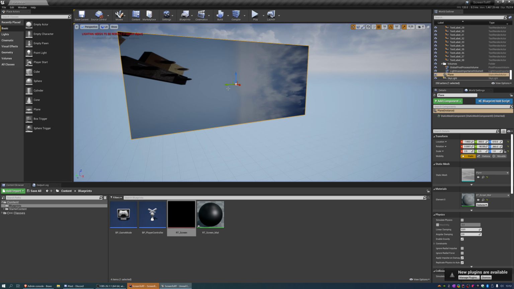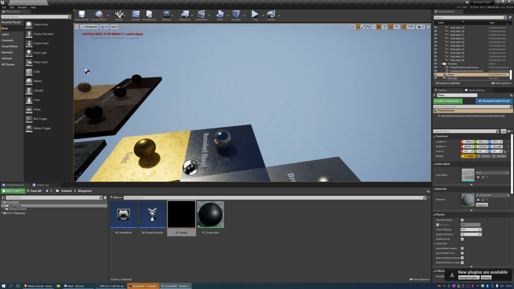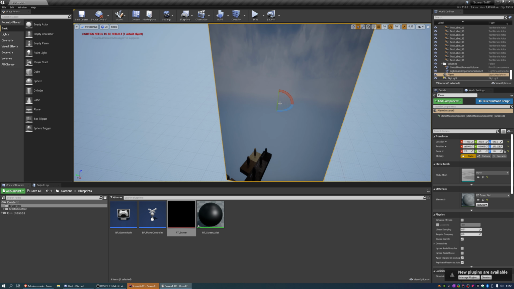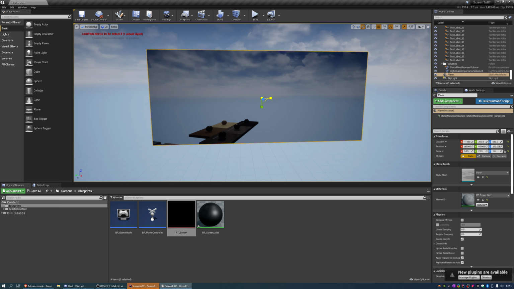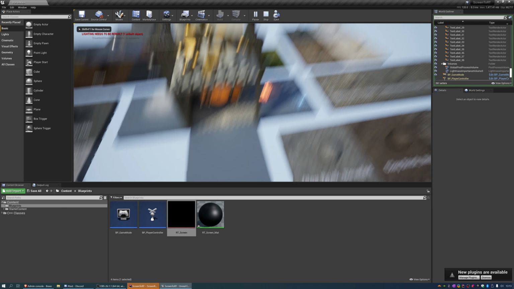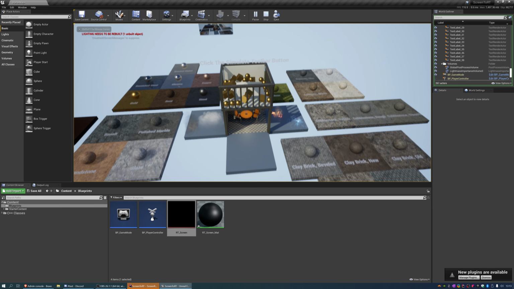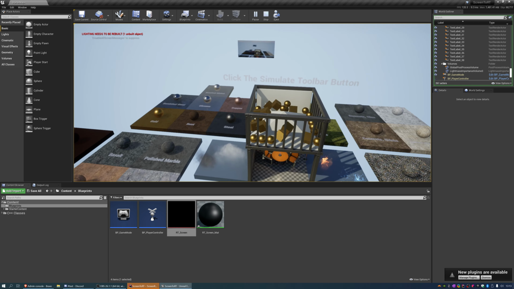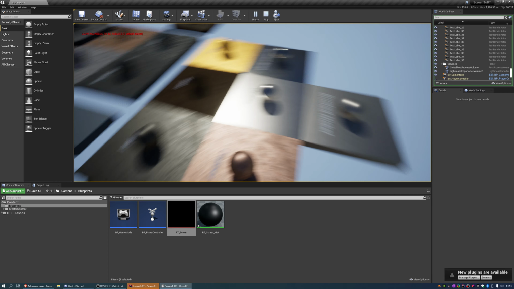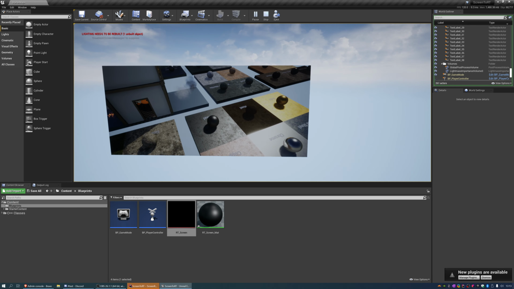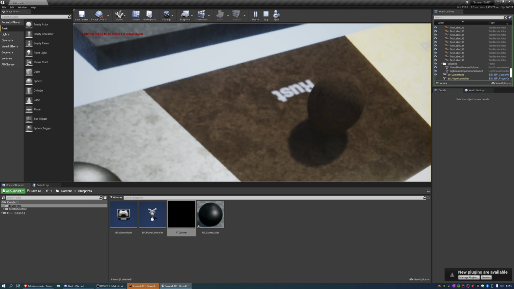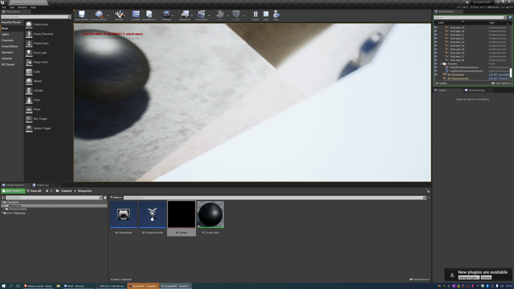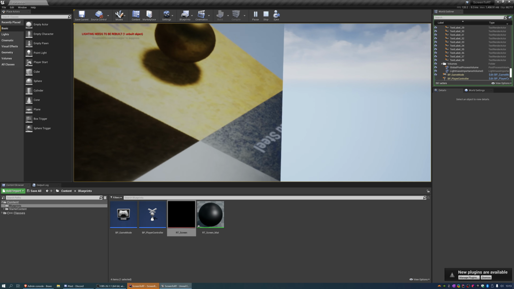I think it is upside down. Probably should be this way. Am I right? Yeah, the X should be our width and the Y will be our height. Okay, so that's why it was a bit off. So I just hit P, and well, the blurriness, if you have it blurred, will also be there, but if it's clean, it's just as clean as here. So as you can see, there's the rust texture,